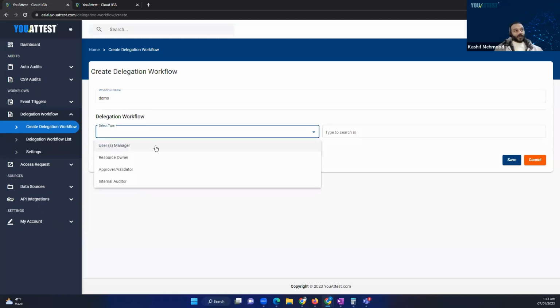The delegation workflow. Now, there are 4 tiers. One is what you have already seen in the previous example, the manager that these users are reporting to. The next 3 layers, one is the resource owner. The other one is the approver or the validator, who will validate the work done by the resource owner and the manager. And then the last layer is the internal auditor, who will check and validate the work done by all these 3 or 2 or 1, or whatever you want to include in there. He will be the last one who will evaluate what they have done and do the attestation and finalize it